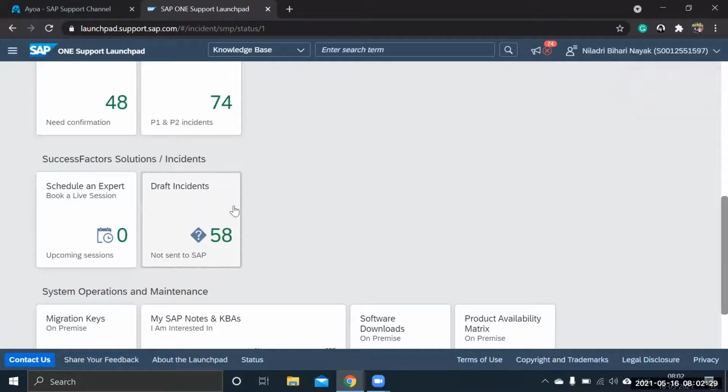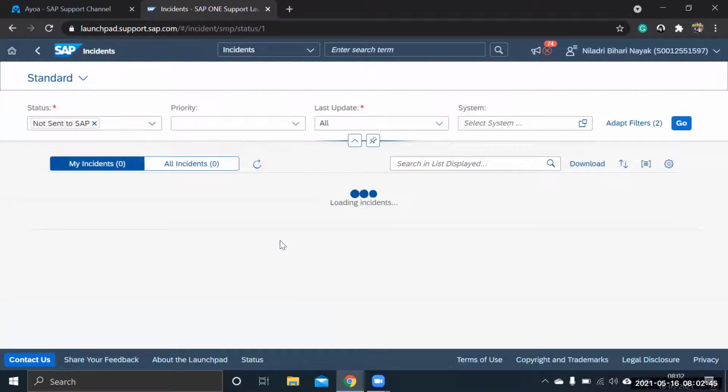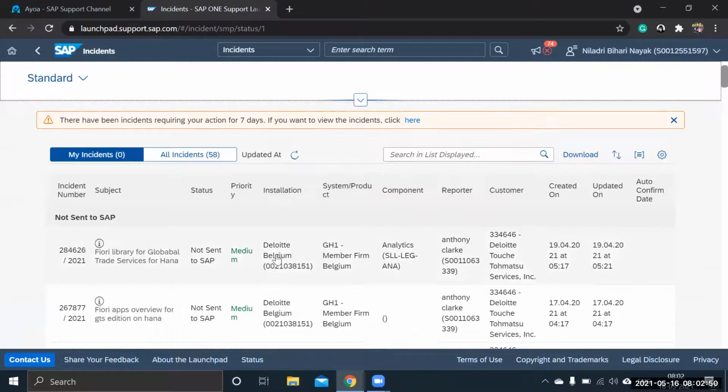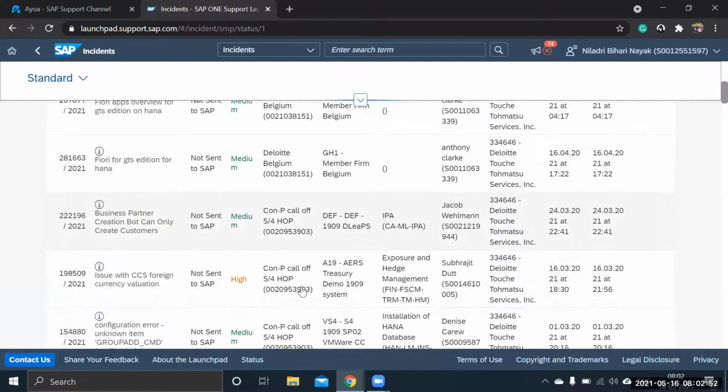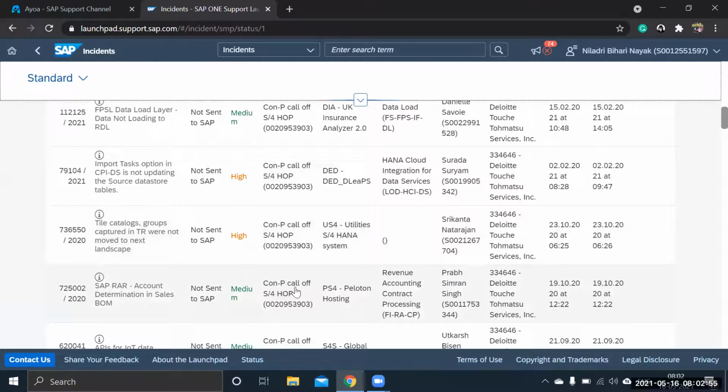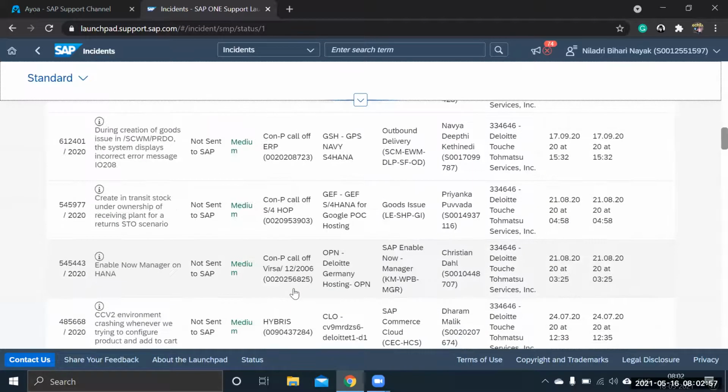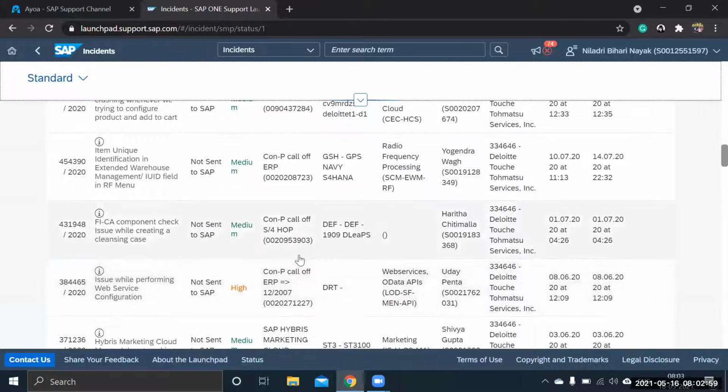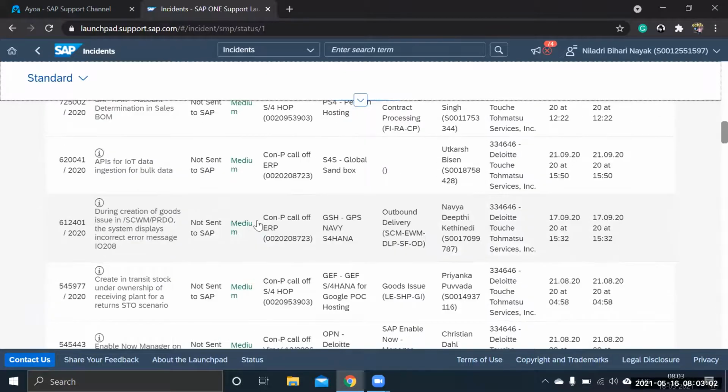I will just go to one of those incidents. These are not SAP SuccessFactors related incidents, so many other incidents.